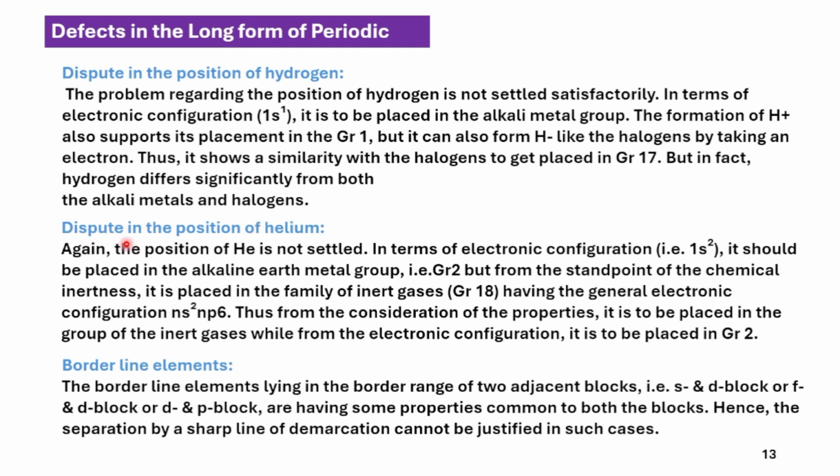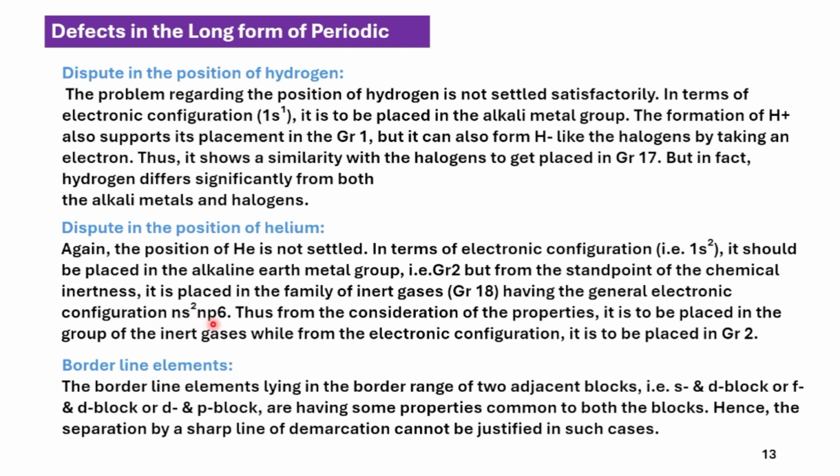Next defect is the dispute in the position of helium. Again, the position of helium is not settled. In terms of electronic configuration, as helium has only 2 electrons, it goes in 1s. So 1s2 is the electronic configuration. It should be placed in the alkaline earth metal group, that is group 2. But from the standpoint of chemical inertness, it is placed in the family of inert gases in group 18, having the general electronic configuration